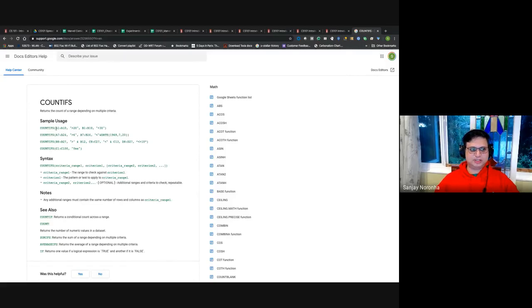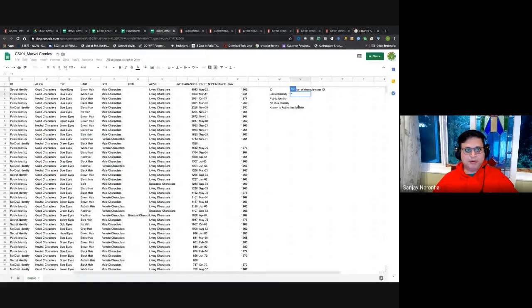What it says is, hey, I'm going to specify a range of data. I'm going to tell you, look through this data and count it if the data meets a certain condition. So in this case, there's a certain data set they're looking at. They're saying, hey, count the data if it's greater than 20 and less than 30. Sorry, if this range is greater than 20 and that range is less than 30. In our problem, we're going to say, hey, count